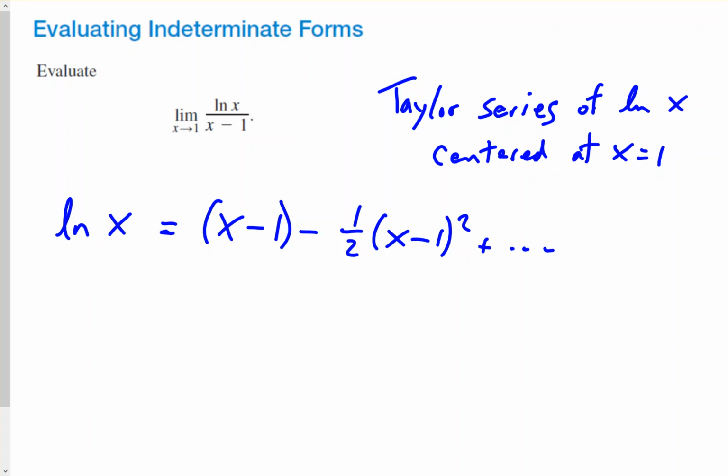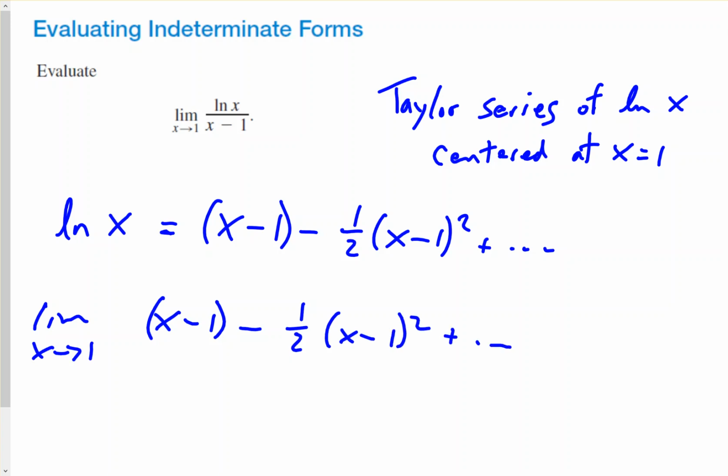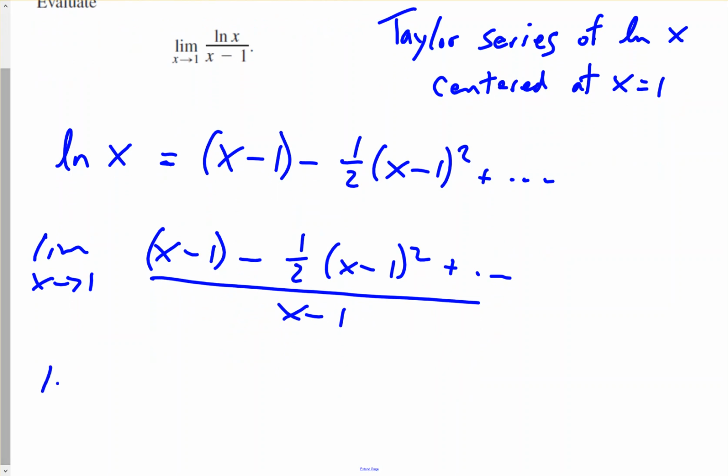Okay, so what we could do now is if we take the limit as x approaches 1, we're going to replace ln x with the Taylor series. So x minus 1 minus 1/2 x minus 1 squared, and this is all divided by x minus 1. So take each term piece by piece and divide it by x minus 1. So we have x minus 1 divided by x minus 1, which will be 1, minus, and then divide out x minus 1 squared with x minus 1, so we have 1/2 of x minus 1, plus